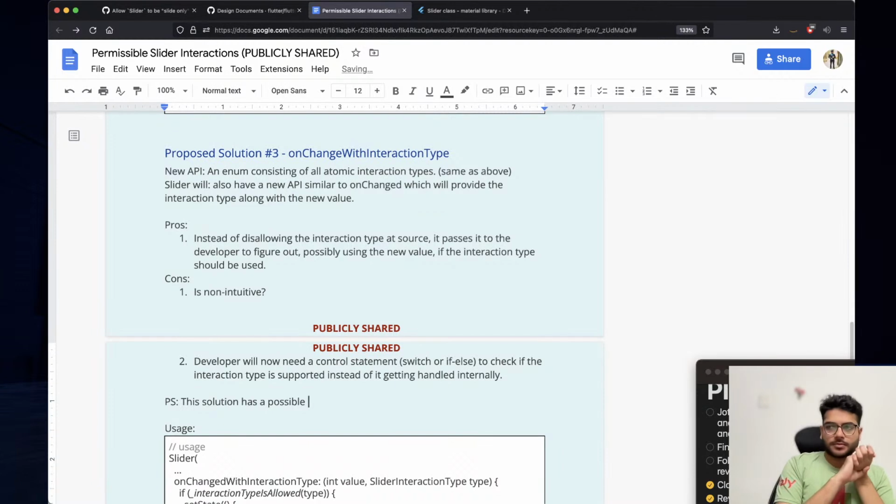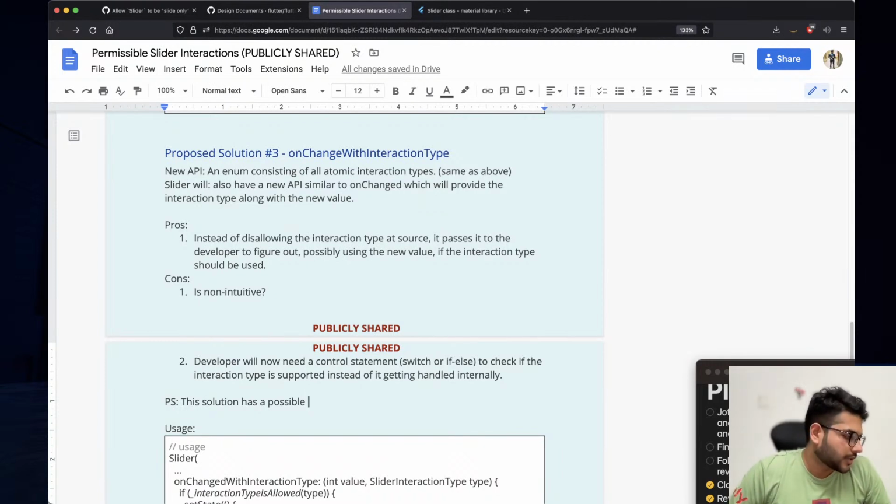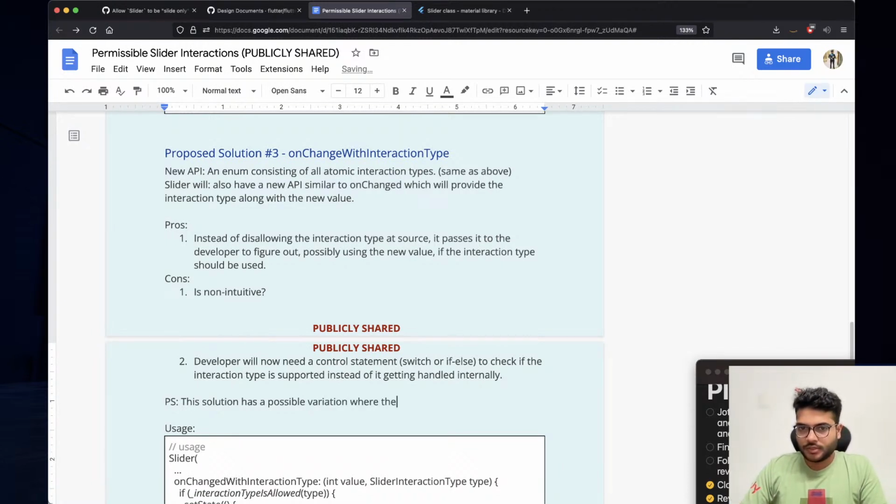This solution has a possible variation where onChanged can be